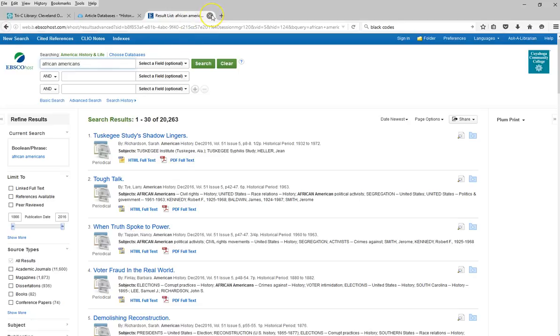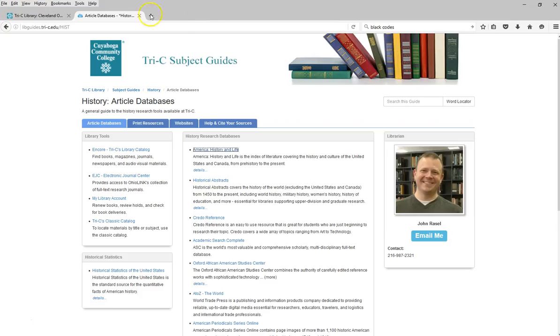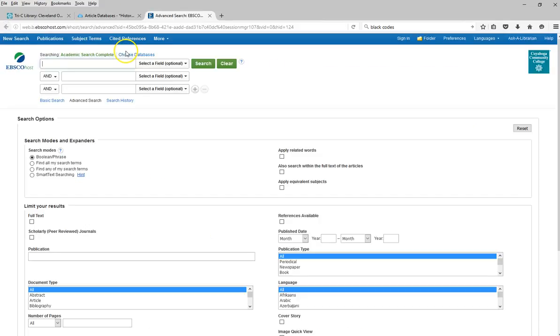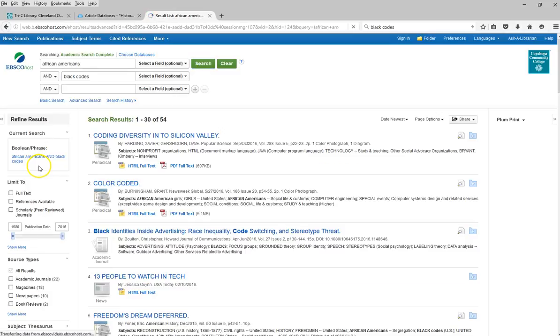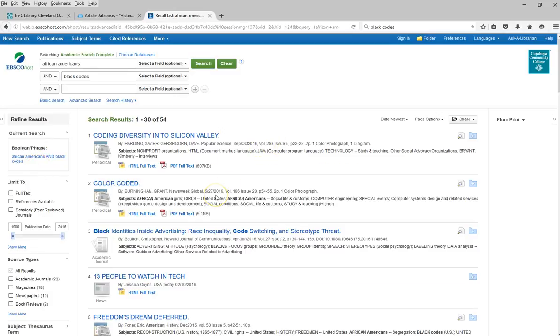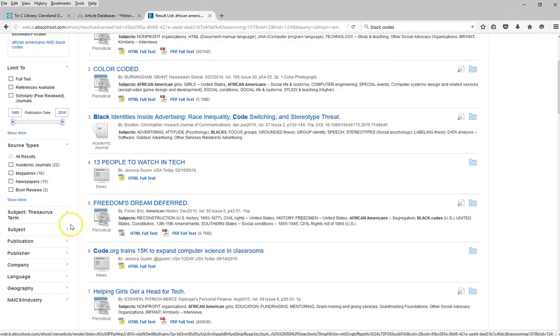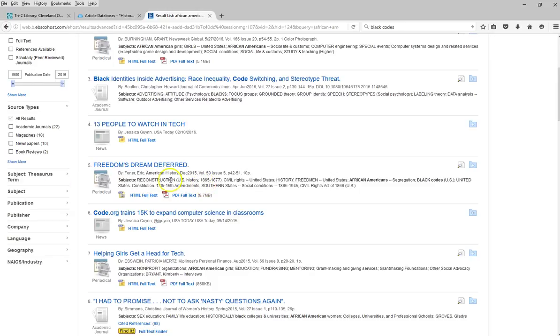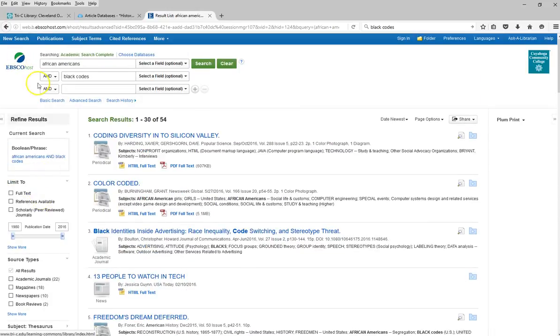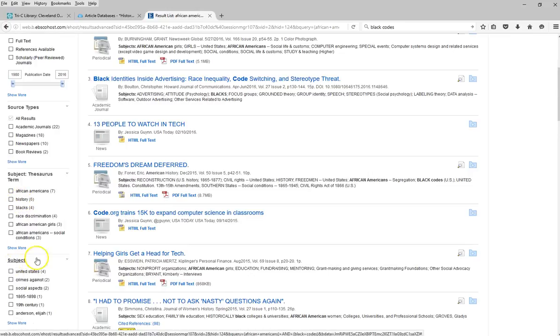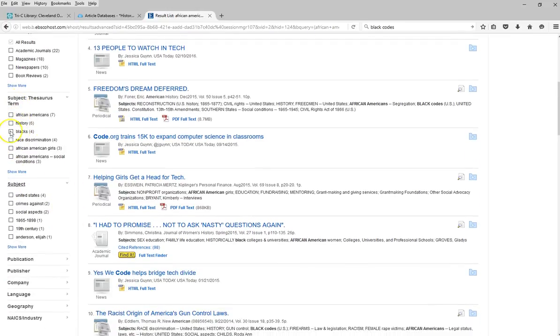Now, I did want to take you into Academic Search Complete briefly. And you can see here that there are probably some applicable terms here. Now, when you're in any database, whether it's Academic Search Complete, American History and Life, what have you, as long as it's an EBSCO database, which you can tell by the icon up here, you can also limit your search results by clicking on any of the subject thesaurus terms or the subject terms over here.